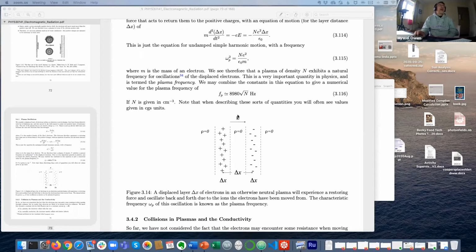Okay, and we use this derivation, which is a slightly artificial situation, to show that if I imagine now one electron moving on its own, we can see that the restoring force in the x direction, if it's displaced in the x direction, is proportional to the movement of that single charge. This idea of moving this layer of charge